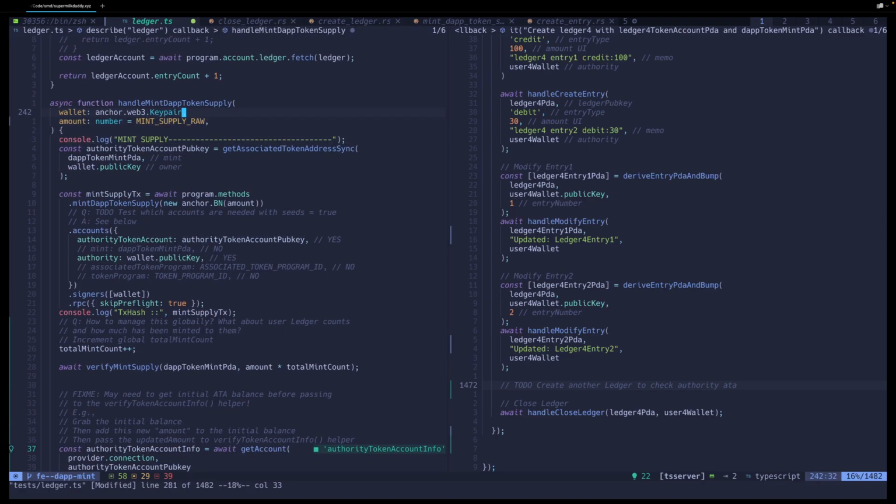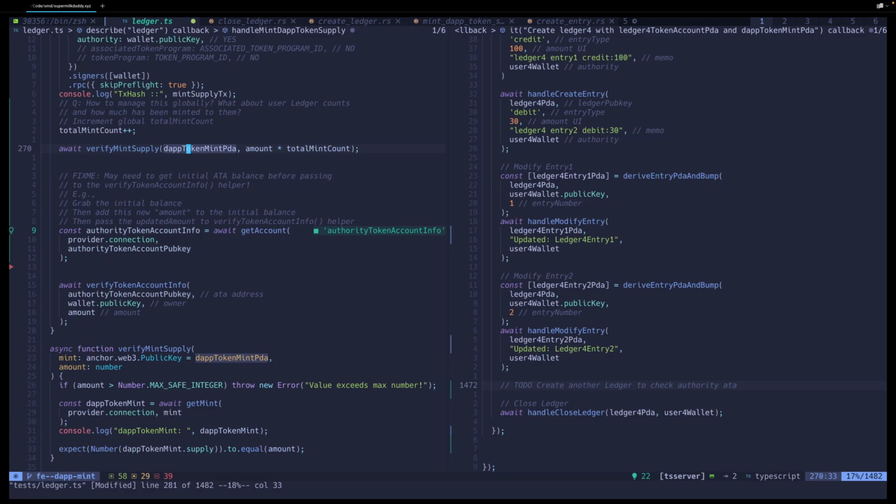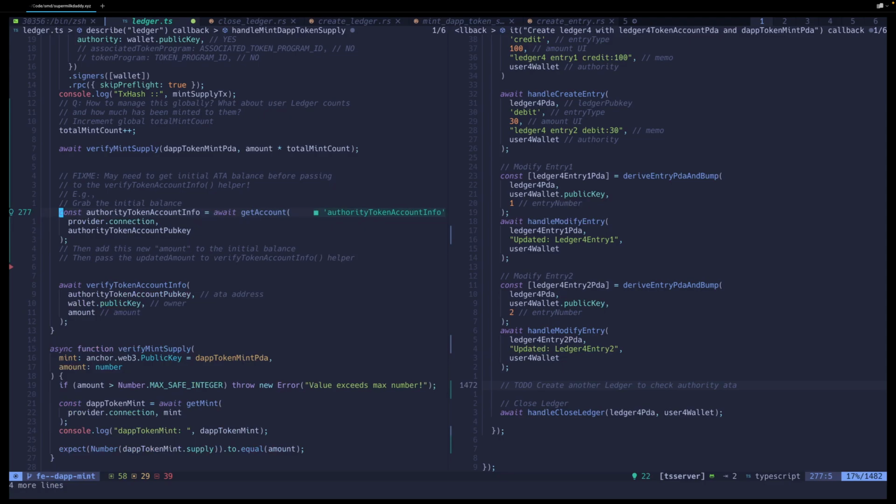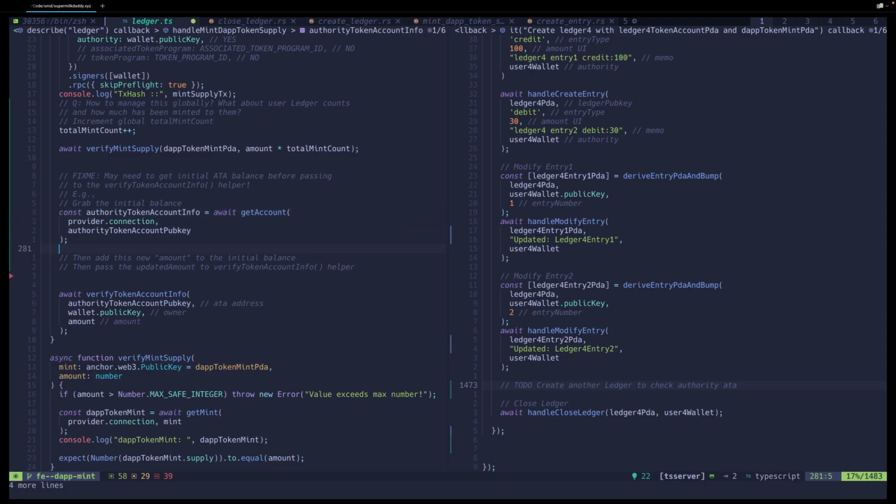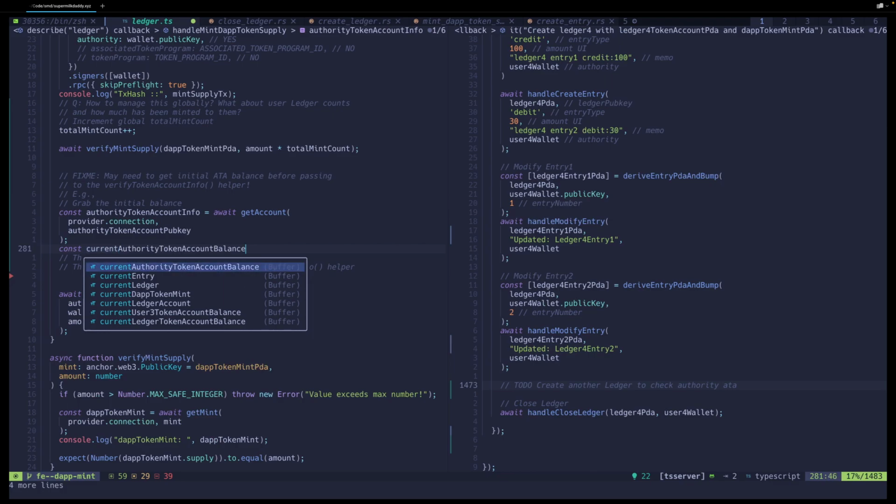So this handle mint, we pass it a wallet and the amount. Right now, for the amount I'm giving it an option if I wanted to change it up, but for right now, it's just using the standard supply. Okay, so say we get this. Just following my idea up here, grabbing the initial balance. So const current authority token account balance. Well, we have the account info already, so let's just do